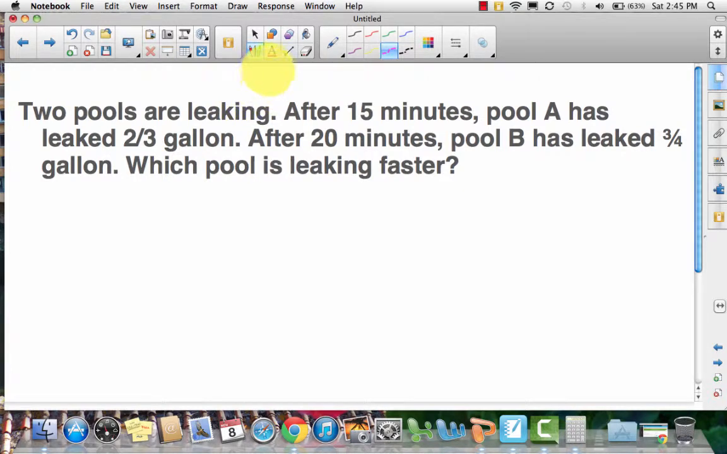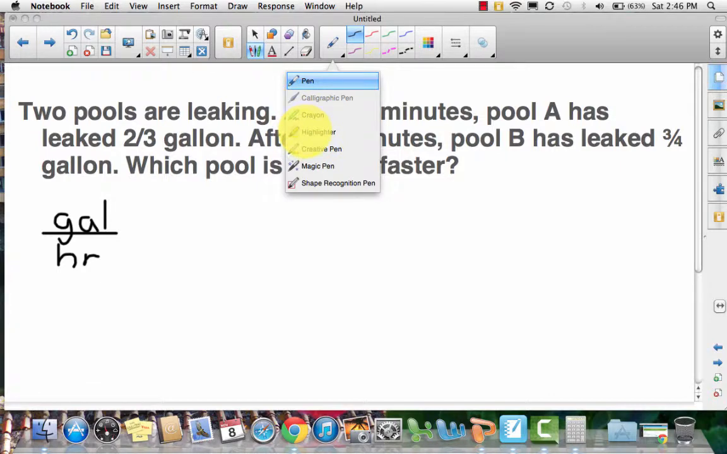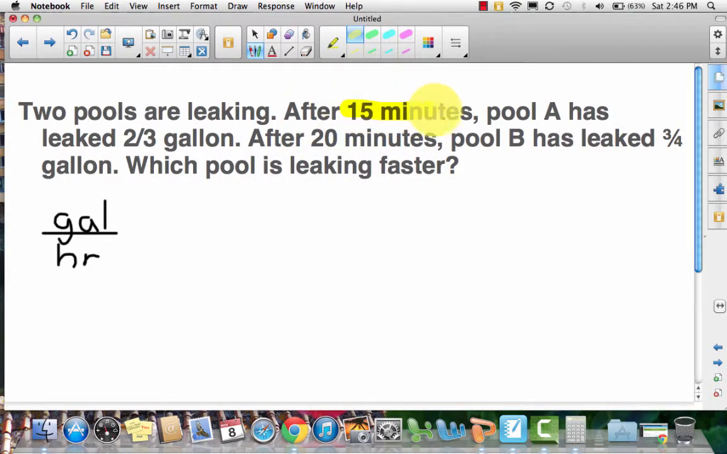So first I need to figure out what my unit rate is going to look like. And I'm going to be comparing how many gallons are leaking and how much time they're leaking. So I'm going to do gallons per hour. And the first thing that I have to deal with here, if I read back through my problem, is that the information was given to me in terms of minutes. I was told 15 minutes here, and I was told 20 minutes over here. So I have to think to myself, if there's 60 minutes in an hour,